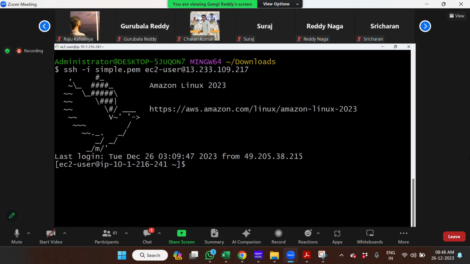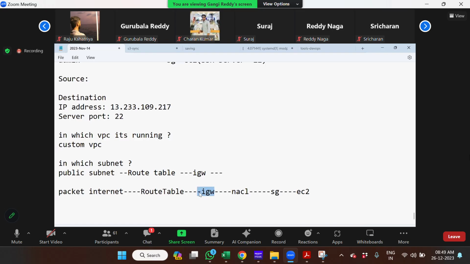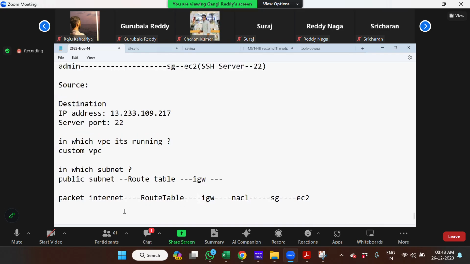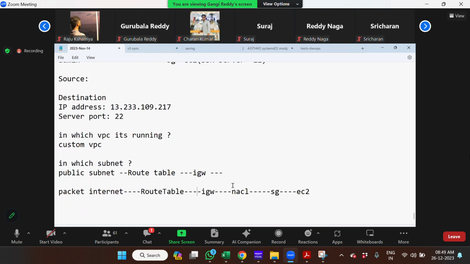So you now know one thing. If you want to connect from outside to the VPC, the traffic will go through one important component: the IGW. That is in the route table. Cool. Now coming back, the IGW is in the route table, and on the route table we have subnets. Along with that,